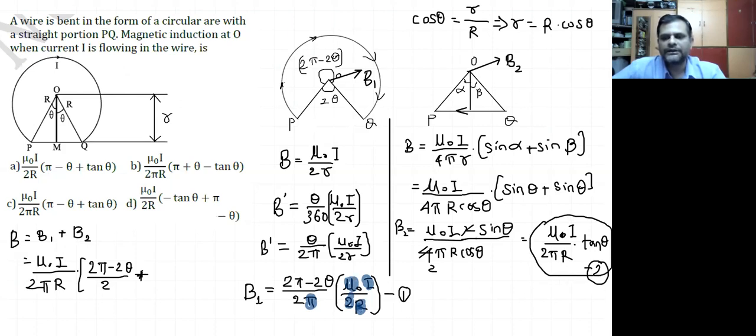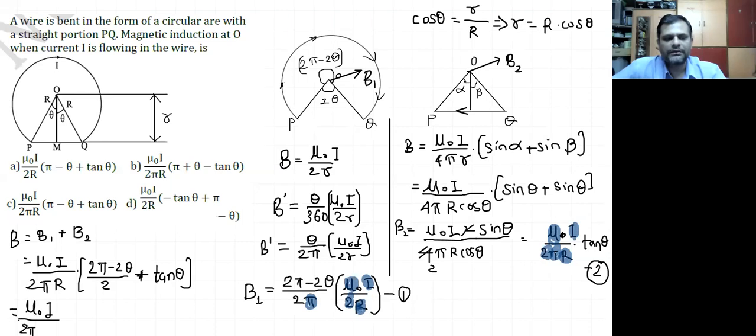ये जो B2 है उसके अंदर से हमने ये 2 pi r ये सब बाहर निकाल के लिया, तो अंदर में क्या बचेगा. तो देखो ठीक से, जो बाहर निकाल के लिया वो हमने अगर शेड किया, mu naught बाहर गया, I बाहर गया, 2 pi r पूरा ही बाहर चला गया, तो सिर्फ tan theta बचा रहेगा ब्रैकेट में, और इसकी वजह से हमको यहाँ पे simply tan theta मिल जाएगा बस. That's it. And then if we just try to solve this further, then we can just be able to get this mu naught I